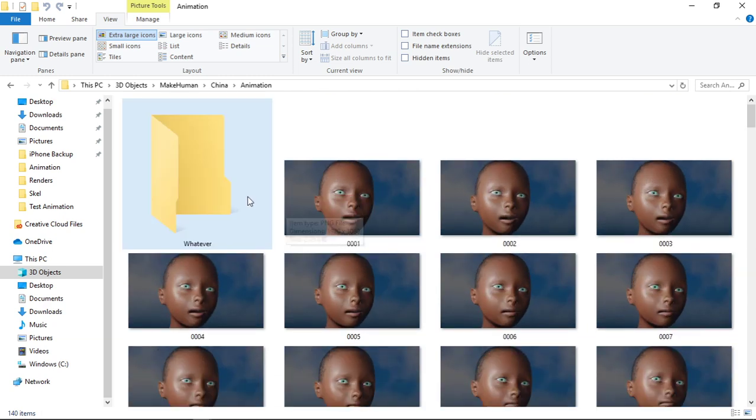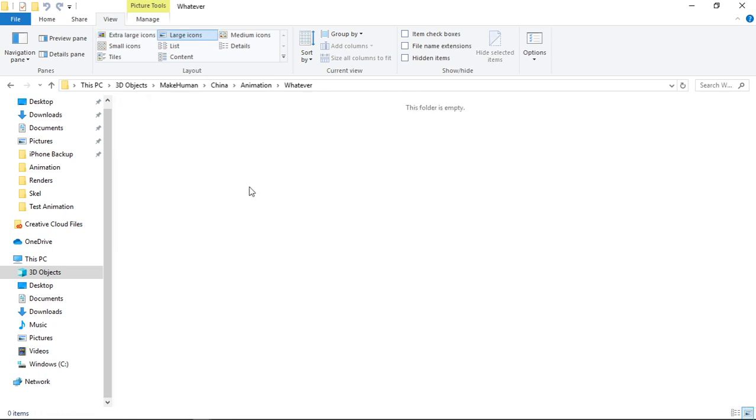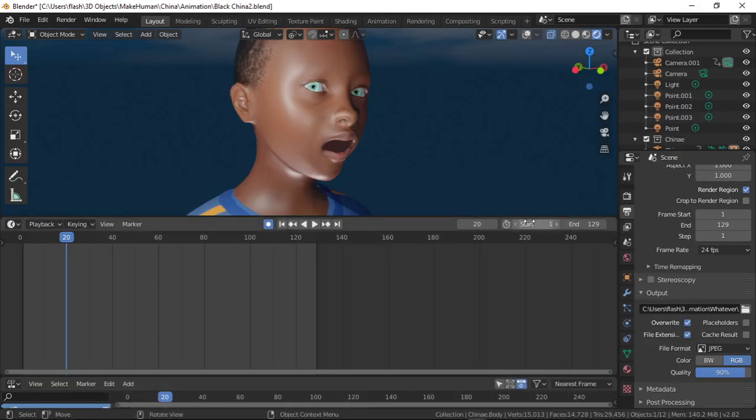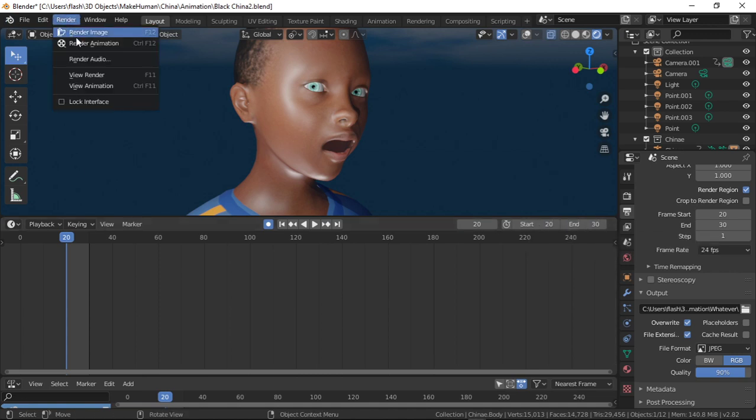So say I wanted now things to show up in here. It's already pre-configured to show up in the whatever folder. And now say I wanted to just render out 10 frames. So I go from, say I wanted to go from 20 to 30. I can designate here where it says start and put 20 and go to end and put 30 and hit enter. So now it's gonna pretty much send the 20th keyframe to the 30th keyframe by rendering the animation out,